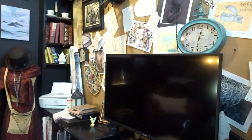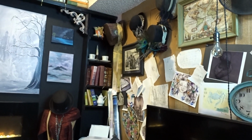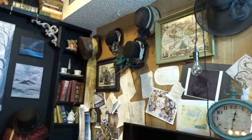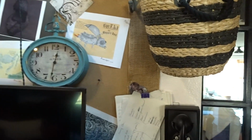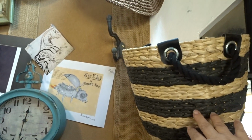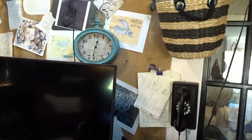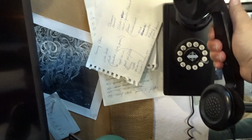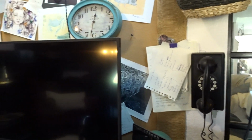So I have lots of things that are very precious to me, such as there's a hat, you know, the Alice in Wonderland hat, tea hats, steampunk hat, and also my garden hat. And this is my garden basket. I like having it hanging right here so I can just grab it and go to get something out of the garden. I have this old phone, and it doesn't connect to anything, but I sure like it. Adds to the ambiance as well. And then I have